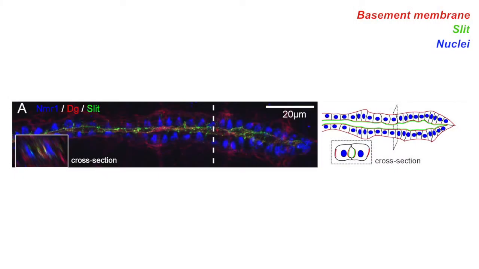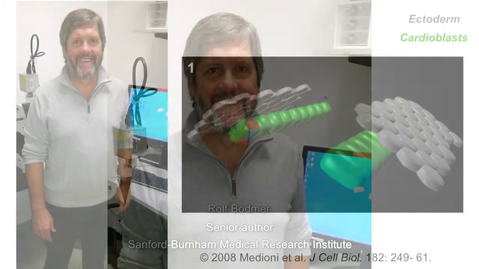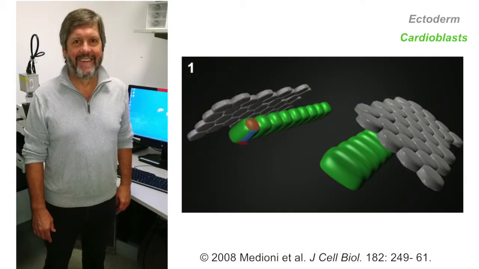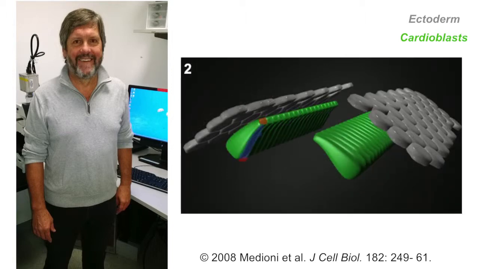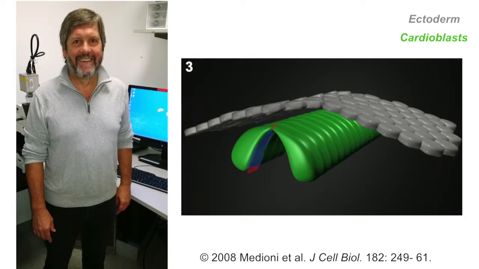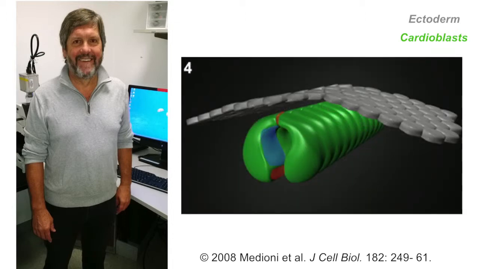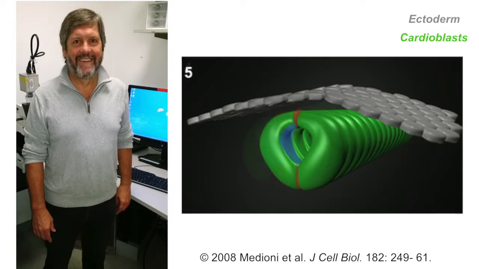The Drosophila heart is a simple tubular structure with a central lumen that pumps hemolymph around the fly's body. Rolf Bodmer and colleagues at the Sanford-Burnham Medical Research Institute in La Jolla, California, are interested in Drosophila heart morphogenesis, a process that begins with the alignment of cardioblast cells at the dorsal midline of developing embryos. So they have these apical protrusions that come together, and basically the cardioblasts then curl around to form a lumen